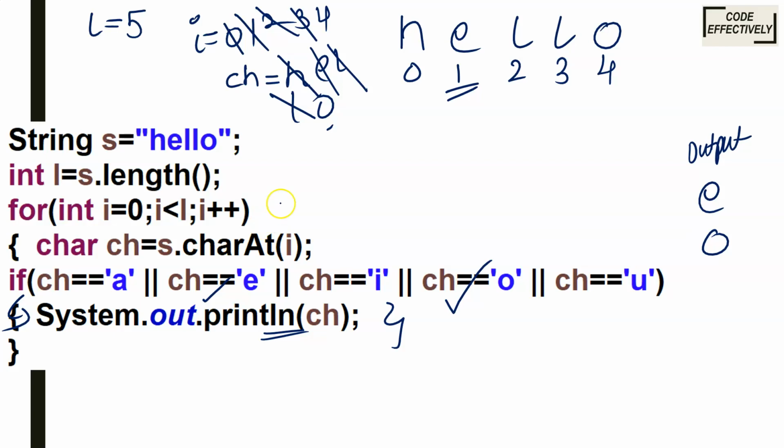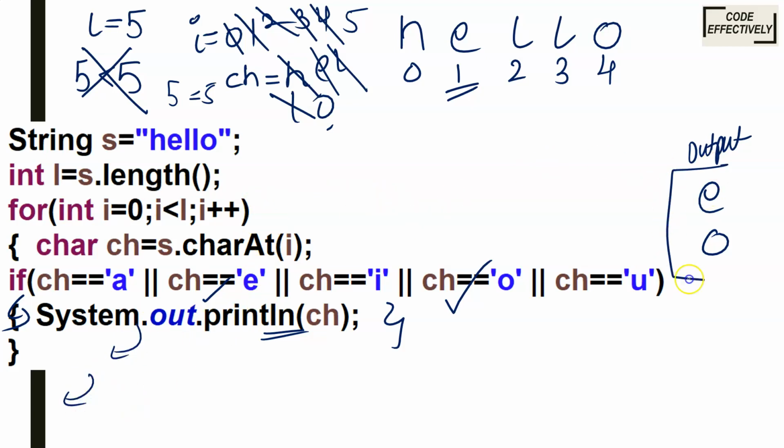Now again the value of i gets increased. It comes to be 5. As soon as the value of i comes to be 5, it will check if 5 is less than l. What is the value of l? l is also 5. Is 5 less than l? No, the condition is false because 5 is equal to 5, not less than 5, neither greater than 5. So we get out of the loop, out of the main of the class, and the program finishes. So we got our vowels printed.